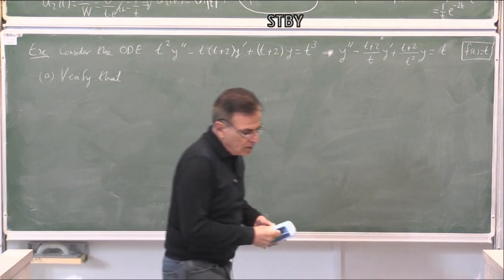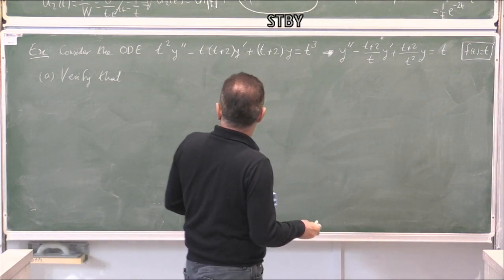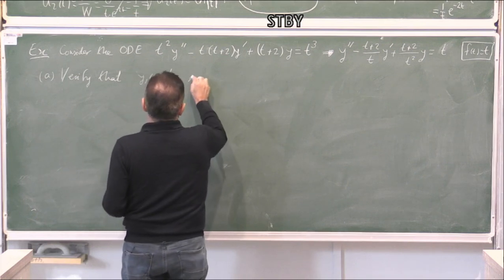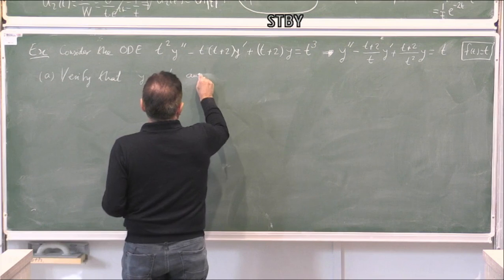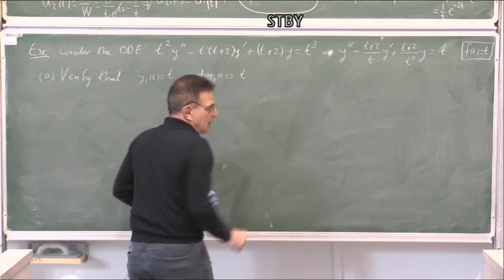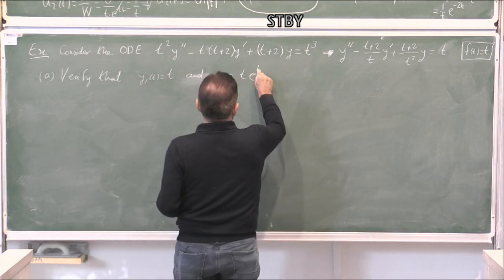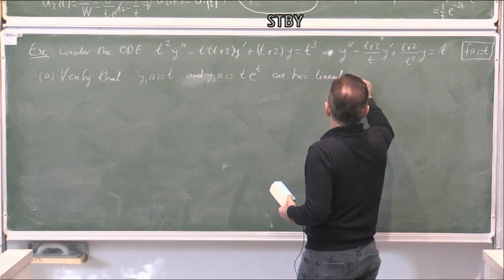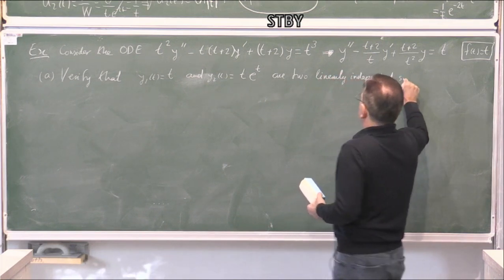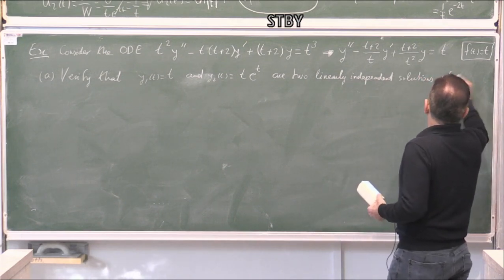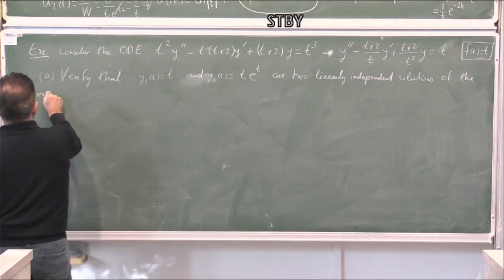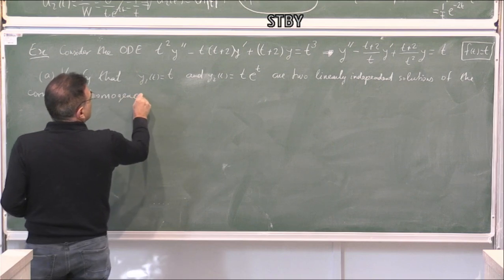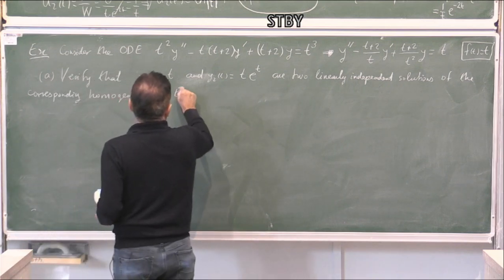First of all, verify that y1 of t, t, and y2 of t, t times e to power t, are two linearly independent solutions of the corresponding homogeneous equation, valid